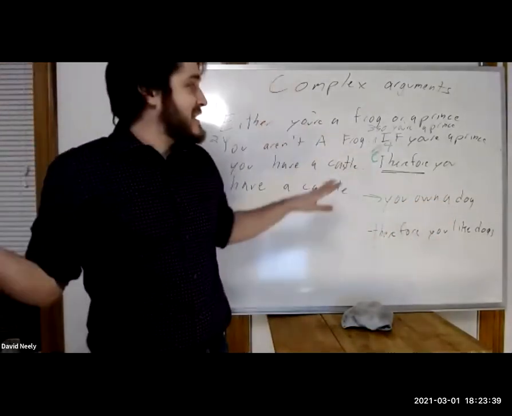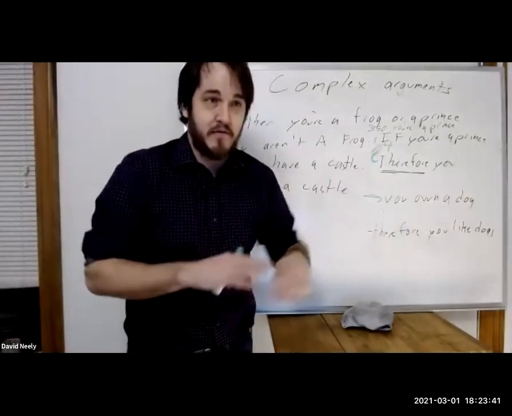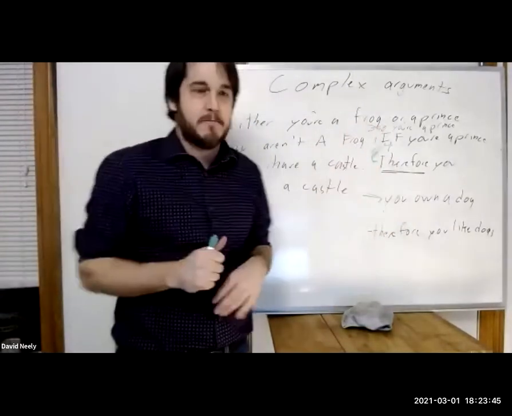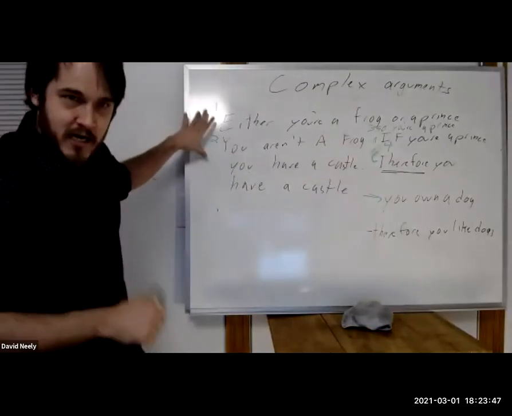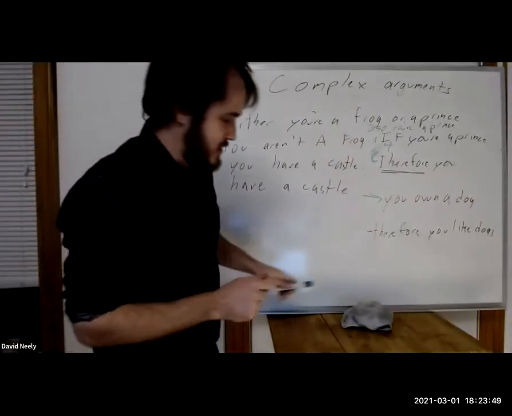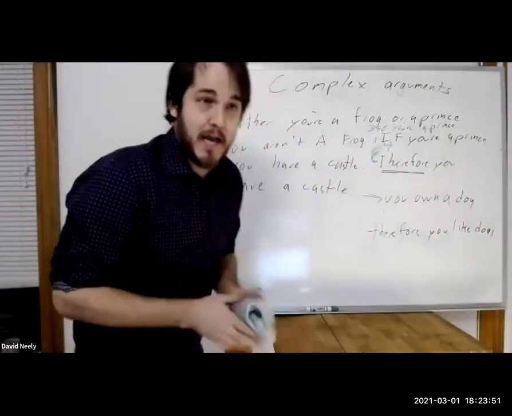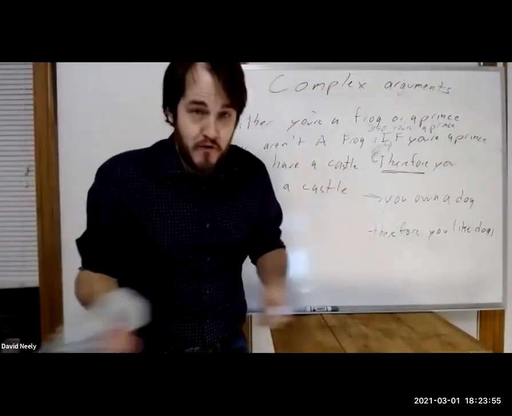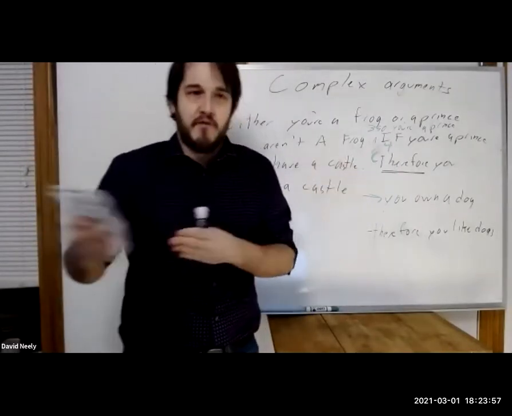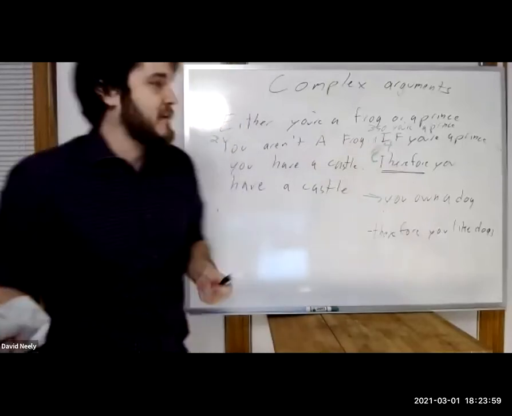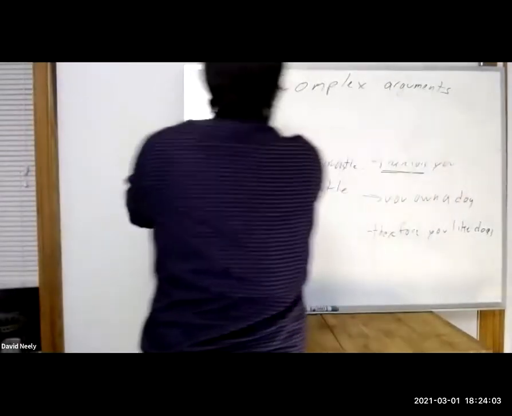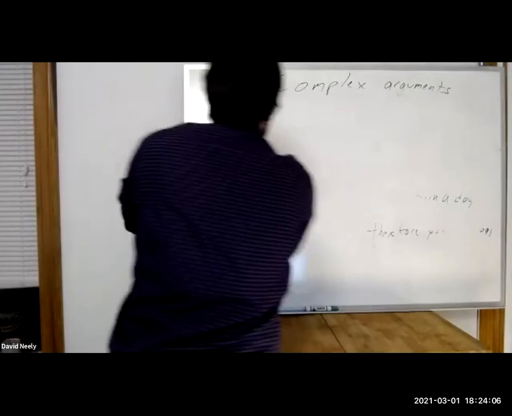And I just wanted to highlight that so that when I'm talking about reasons for the rest of class, it makes sense. And the reason I'm using reasons is because we're not going to be talking about these airtight, valid deductive arguments as much. We're instead going to be talking about more inductive arguments where there's no proof. It's much more just your reason for believing this or your evidence for believing this. All right, let me erase this one. So that was our first, just an example of what a complex argument would be.